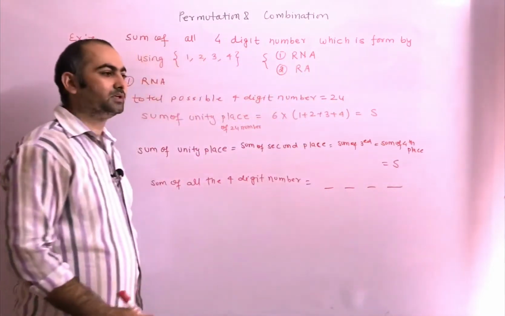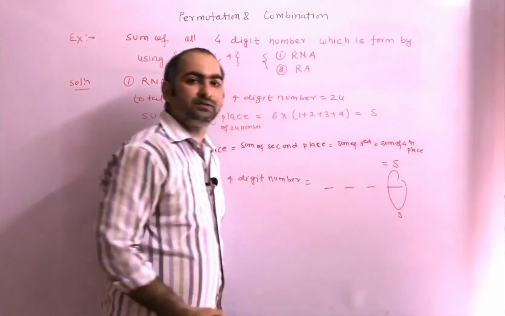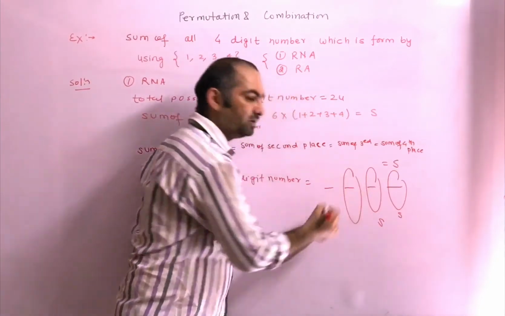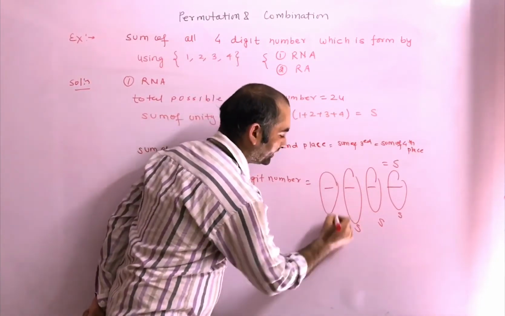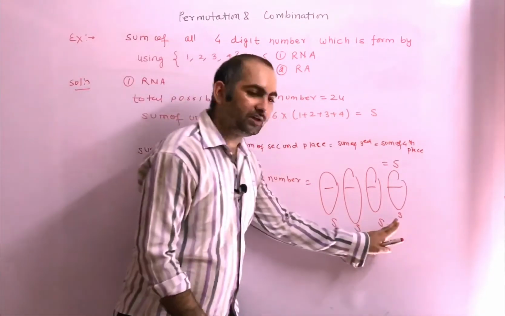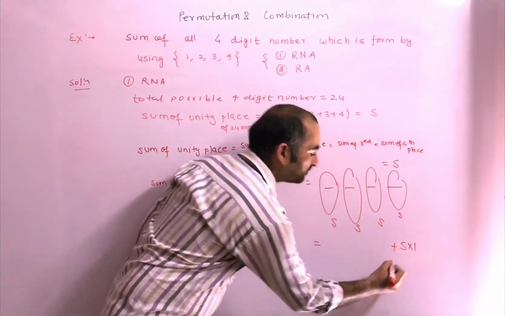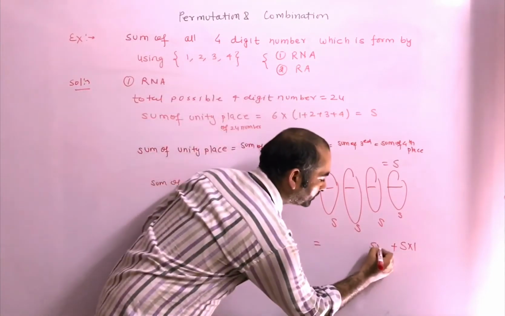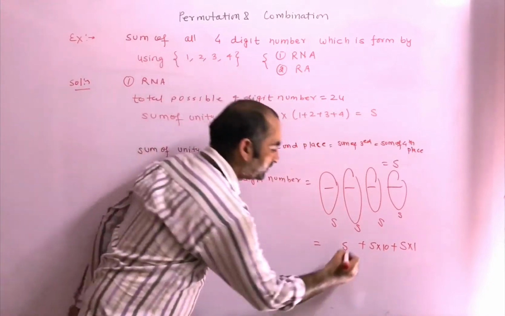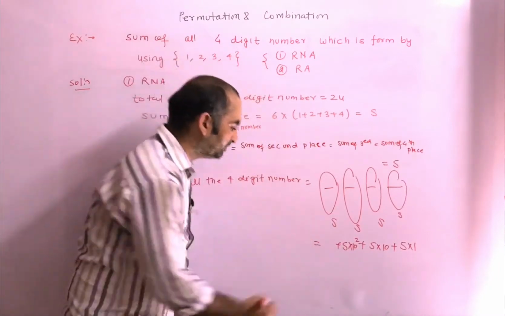Okay, we know that the sum of the unity place of all the numbers is S. Similarly, the sum of the second place is also S, the sum of the third place is also S, and the sum of the fourth place is also S. Then the sum of all the numbers is: sum of unity place S into 1, plus sum of second place, that is also S, into 10, plus sum of third place, that is S, into 10 square, plus sum of fourth place, that is also S, into 10